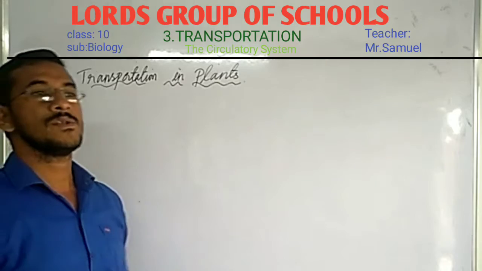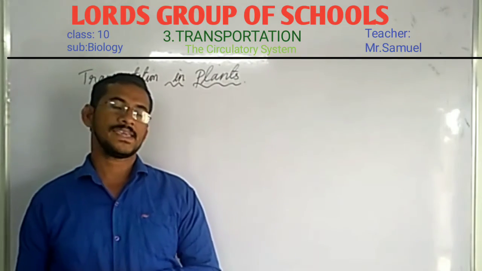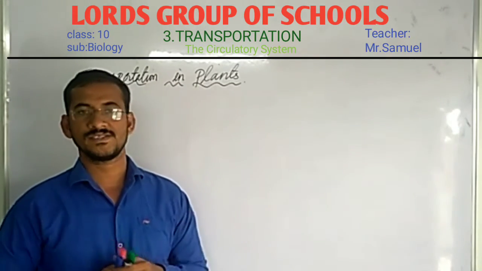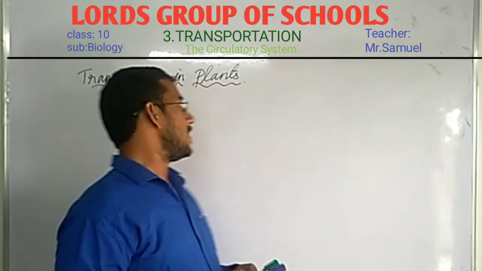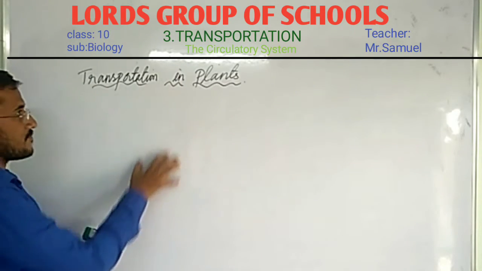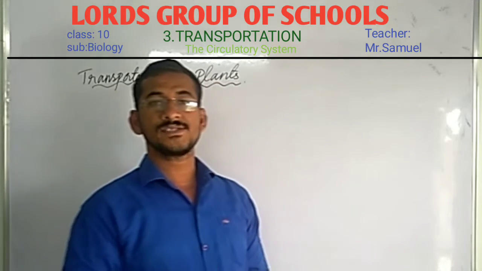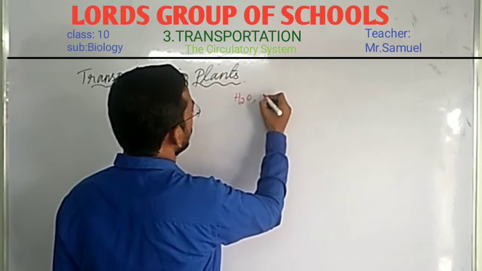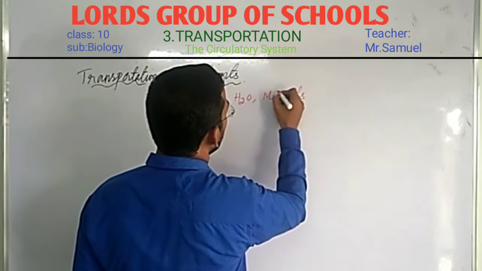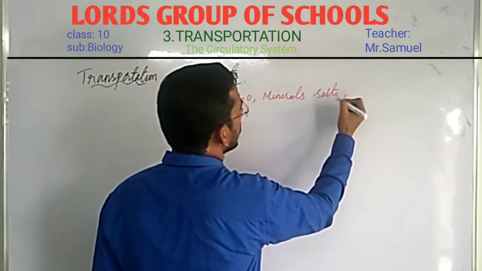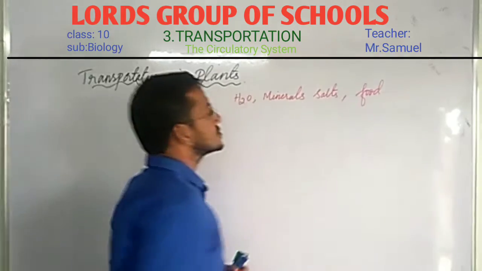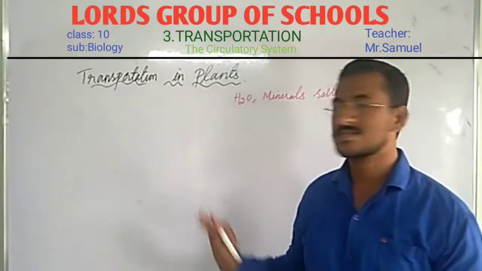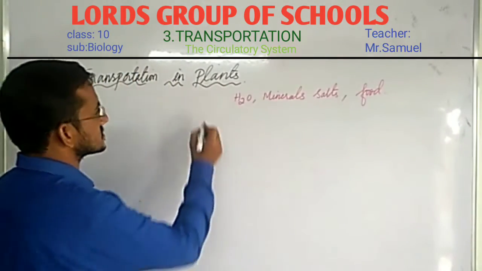We have studied that in human beings, or in multicellular and higher chordates, blood will transport nutrients and oxygen to all body cells and collect waste material. Now, what happens in case of plants? Transportation of water, mineral salts and food will occur. And how they occur, let us see in this session.